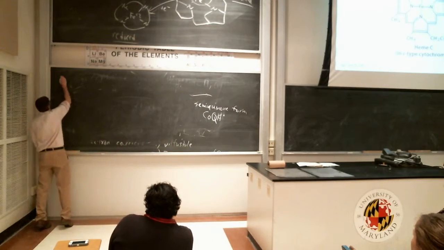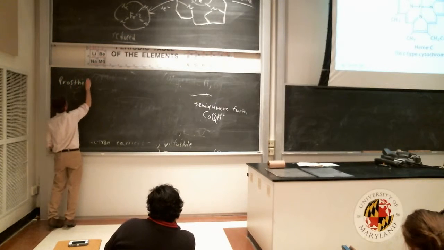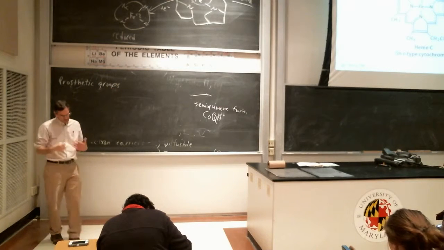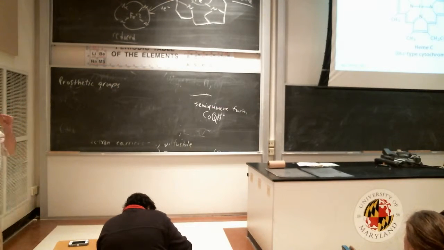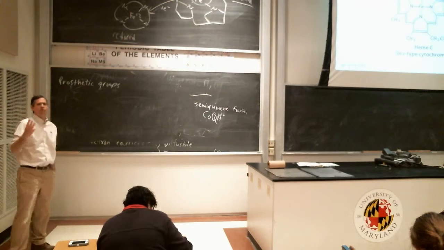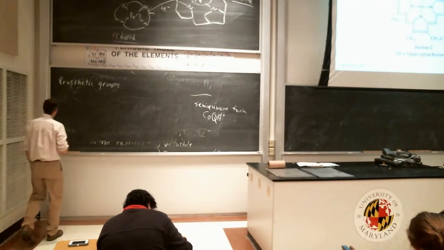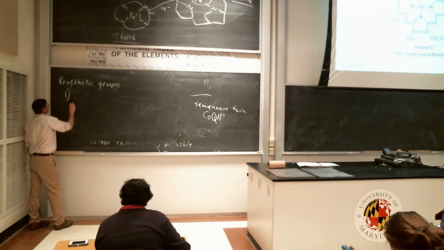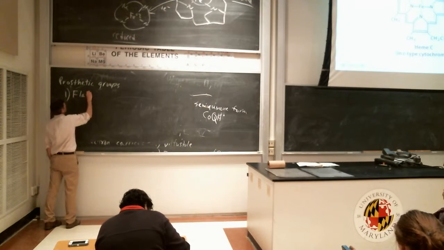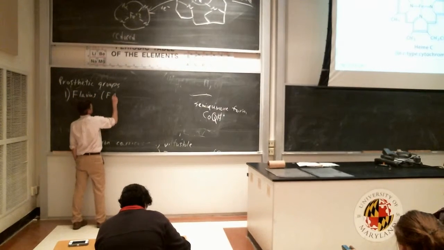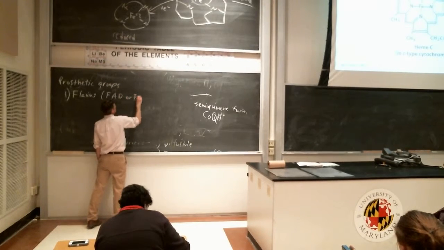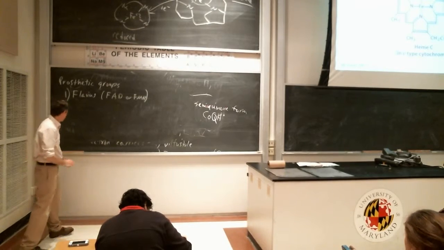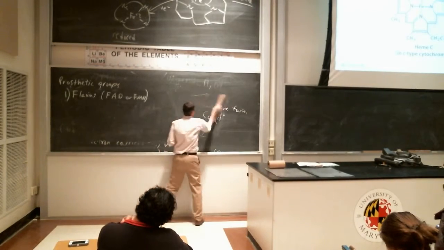All right, so let me discuss the molecules that act as prosthetic groups. So again, these are the things that are tightly bound and remain tightly bound to whatever enzyme uses them. There are, I guess, 4, of which I'll comment on 3. The first type are flavins, and by that I mean either FAD or FMN. And there are a number of these bound to one or another of the enzymes. So flavins, remember,